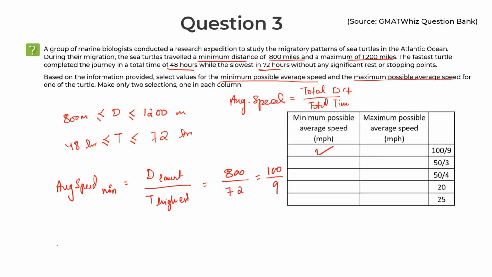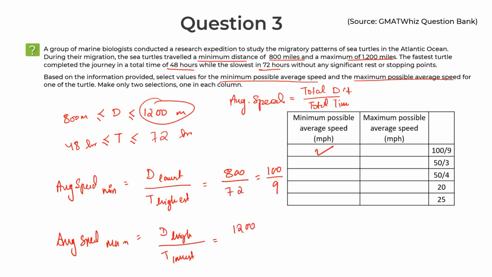Same thing, if you want the maximum average speed, you have to take the highest distance traveled in lowest time. Highest distance traveled in lowest time. What is the highest distance? The highest distance is 1200 miles. So